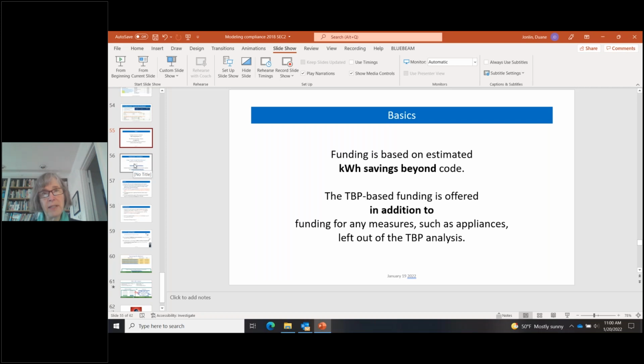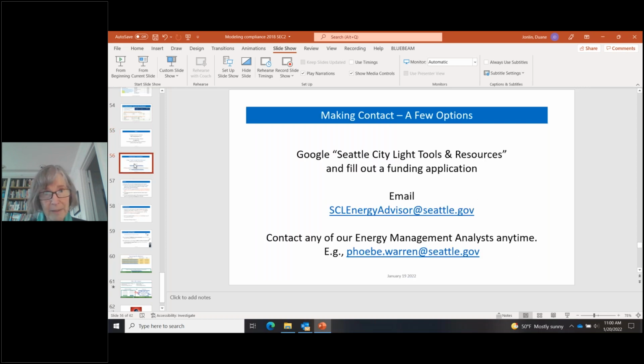And then if there's anything that has been left out of the total building performance analysis and is eligible for City Light funding on a measure-by-measure basis, then the funding from Seattle City Light equals the funding based on the compliance form data plus any measure-specific calculations, such as for appliances that would apply to the building. Next slide, please.